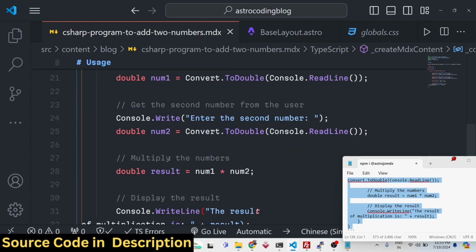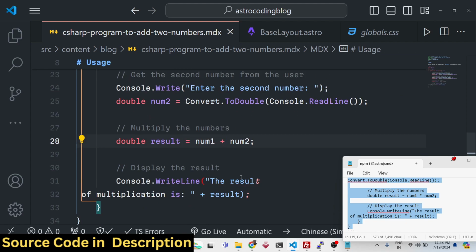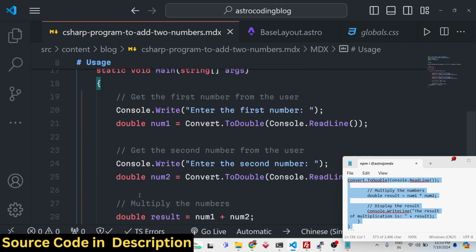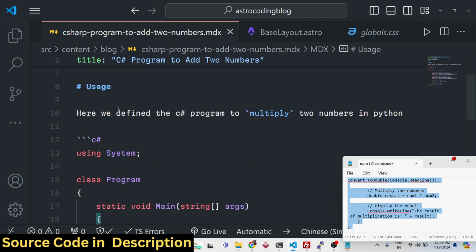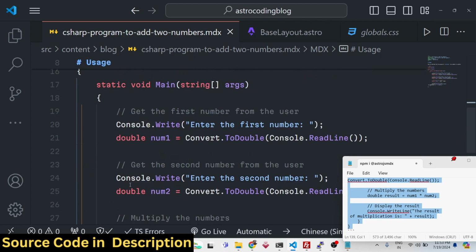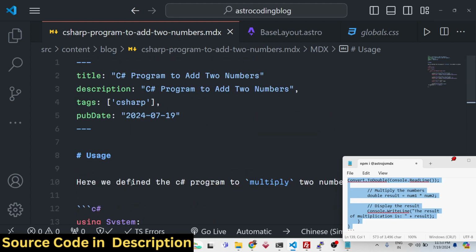Instead of this, we can say plus. So this is the program. You'll see it has highlighting as well. Now to see this in the browser,